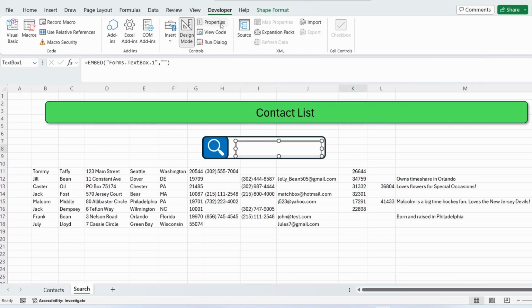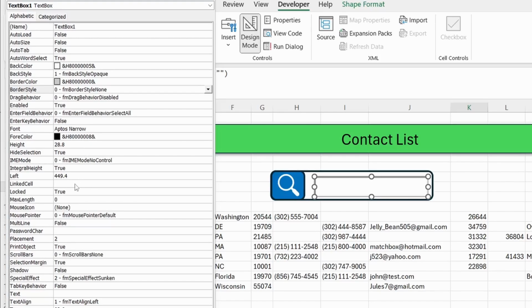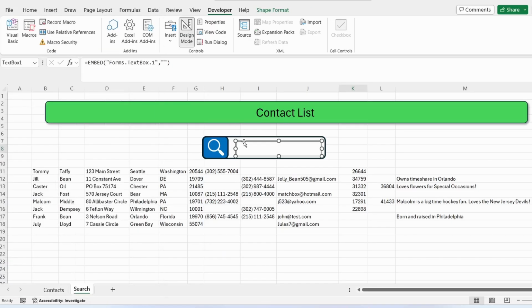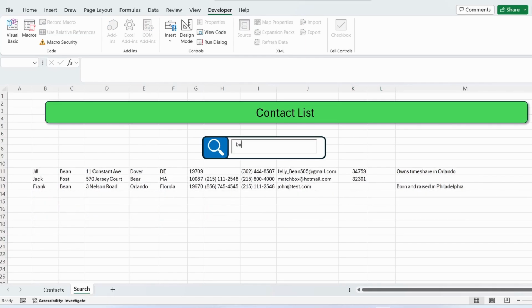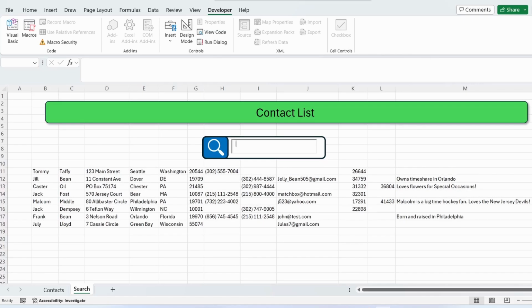And with that selected, I'll hit properties. Now the important thing here is we want to link this to our cell we used for the filter function. So if you remember that cell I7, we're just going to enter I7. Let's go ahead and close this out. Let me drag it over a little bit. All right, so with that set, we'll click design mode to turn that off, and now we can test it out. Let's do the same thing. As you see, as we type, our list gets filtered. We can even use numbers,